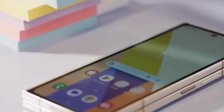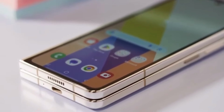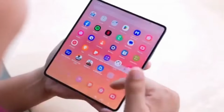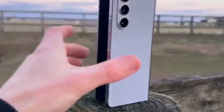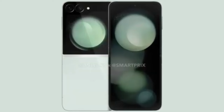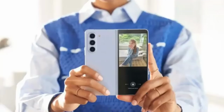to a wider audience. In China, the Z Fold 6 Ultra may be sold as the Samsung W25, complete with unique visual touches like decorative engravings on the hinge, similar to previous Samsung Geely smartphones. And here's another interesting tidbit. China might also get the Galaxy Z Flip 6 as the W25 Flip. This is speculative at this point, but it aligns with rumors that Samsung is also working on a Galaxy Z